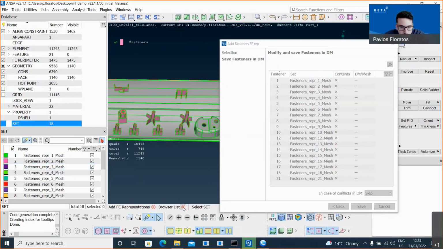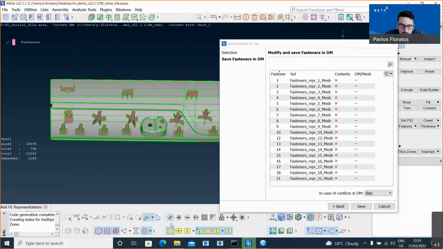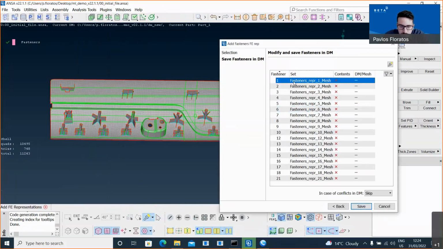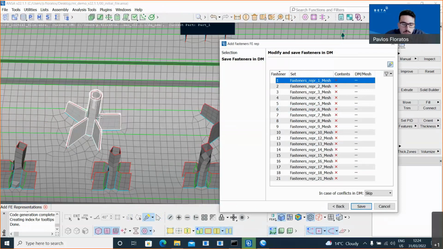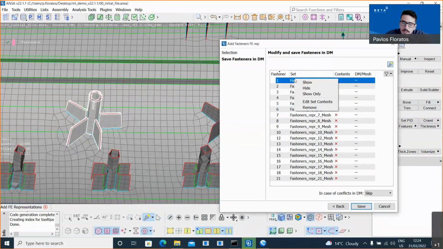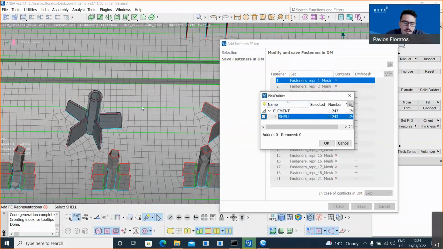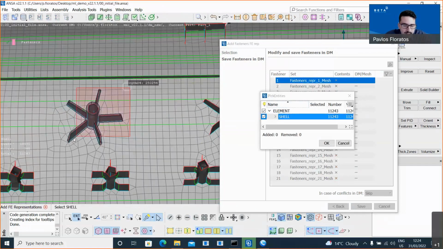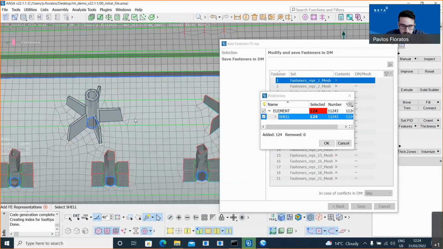What we have to do through this tool is go and manually edit the contents of this set and place inside the set the cells that, let's say, correspond to this fastener, like this.